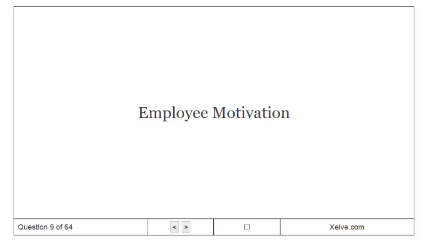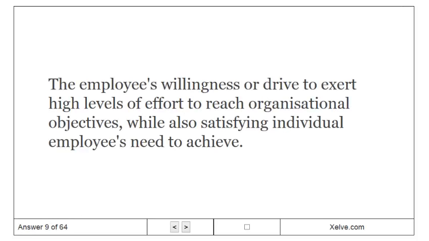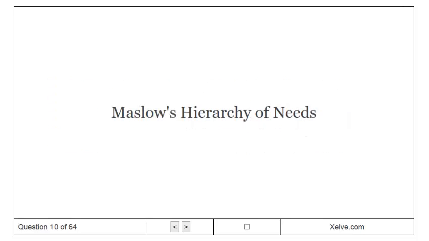Employee motivation. The employee's willingness or drive to exert high levels of effort to reach organizational objectives, while also satisfying individual employees' need to achieve. Maslow's hierarchy of needs.